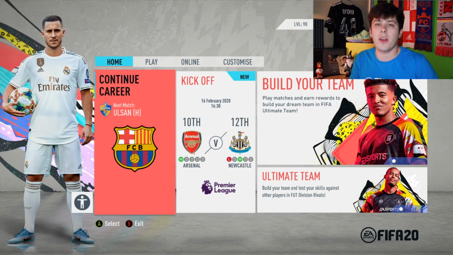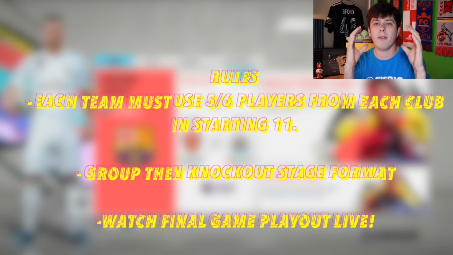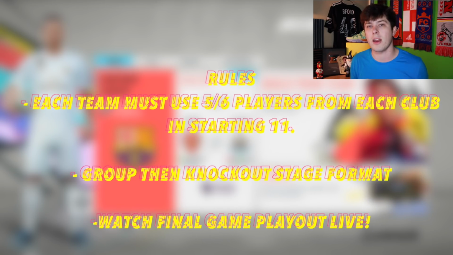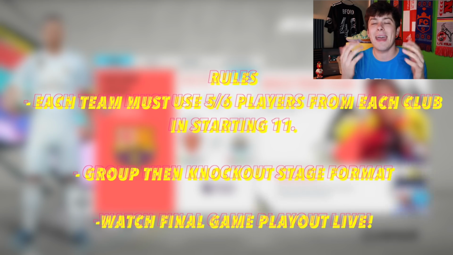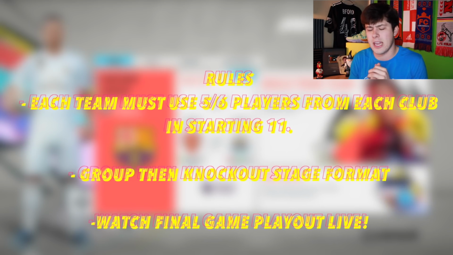Okay, so just to clear things up with how I did this, I just took 8 of the biggest rivalries, derbies in world football, and the way it works is that each team, half of the players have to be from one of the teams, half of the players have to be from the other. So let's just say one of the teams I used was the Manchester Derby. In the starting 11, there had to be at least 5 or 6 Manchester United players and at least 5 or 6 Manchester City players on the team to make it even, because some of the teams, it would just